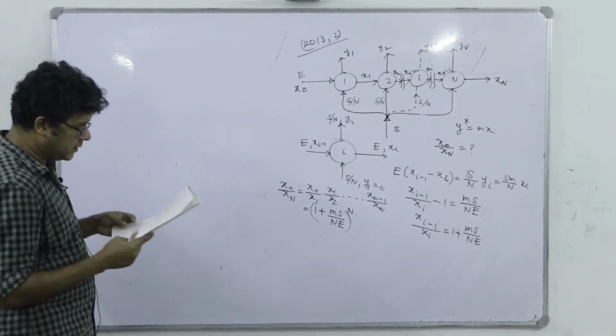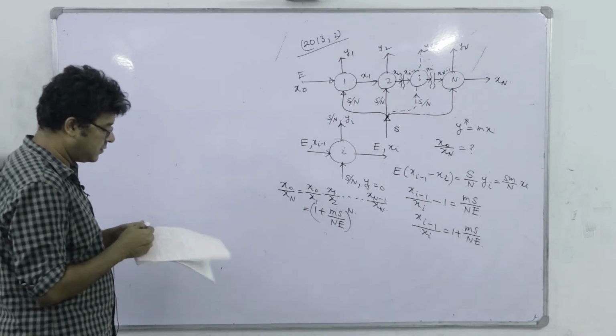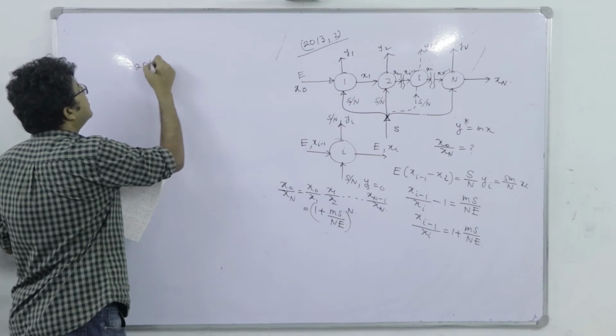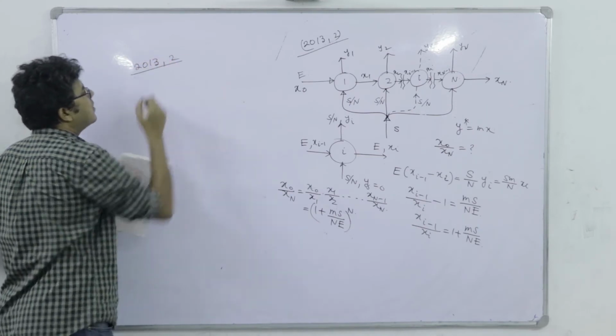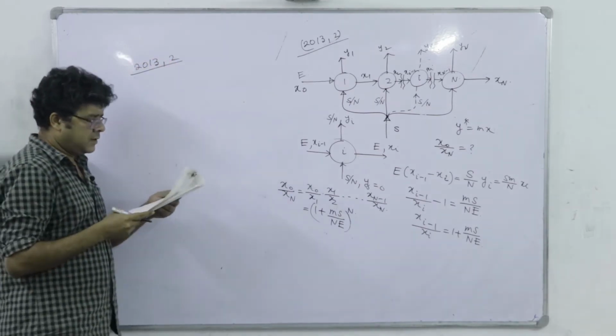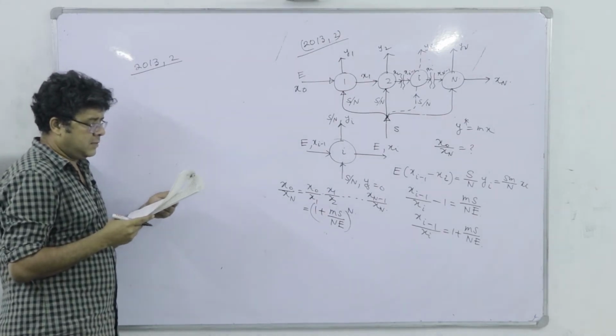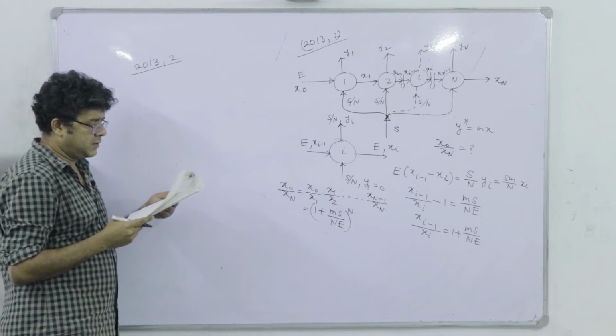Next, it's our distillation problem. It's a batch distillation problem. It's a 2013 2 marks problem. The vapor liquid equilibrium curve of a binary mixture AB may be approximated by a linear equation over a narrow